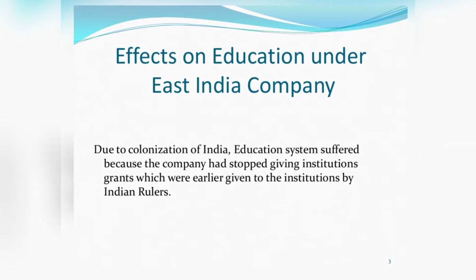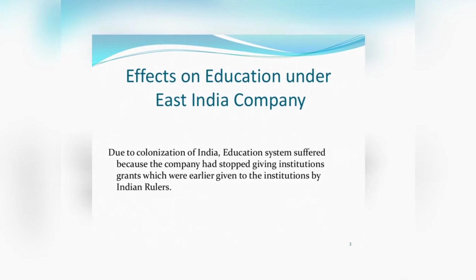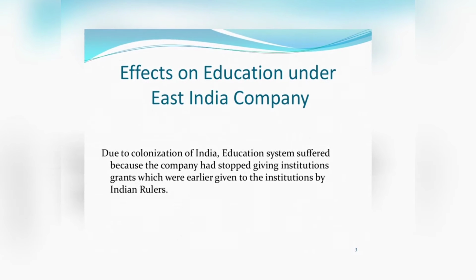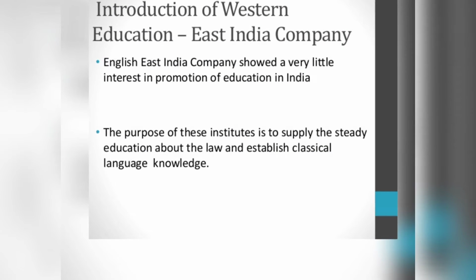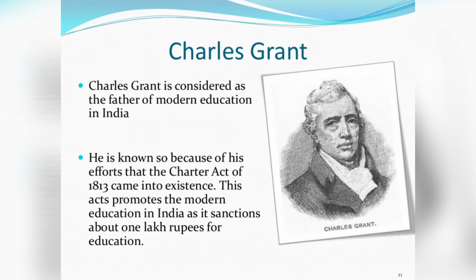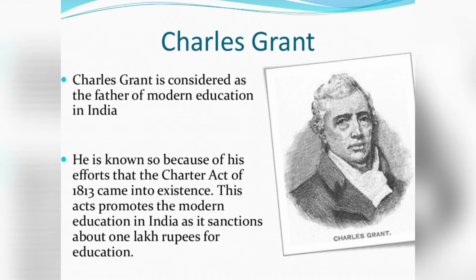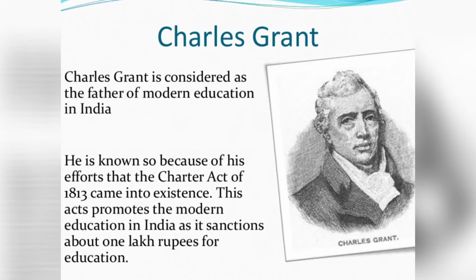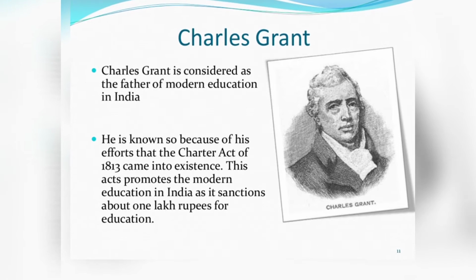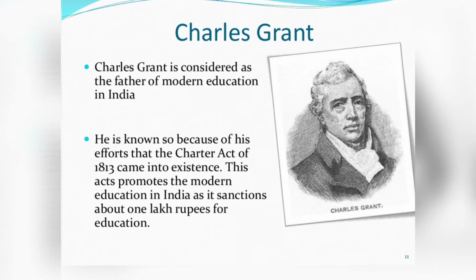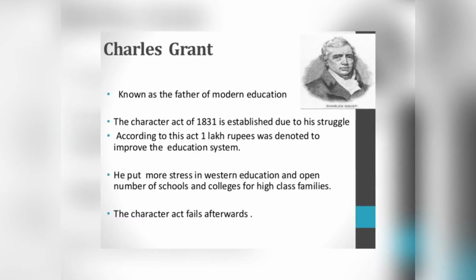Now, if you remember, the East India Company came to India in order to start their trade. When the East India Company came into India, they decided to lay down the first blueprint of English education in India. So it was in 1792 when the director of the East India Company, Charles Grant, laid down the first blueprint on English education. Now, what was the intention of Charles Grant in introducing English education in Indian society? He wanted to change Indian society morally, socially, and mentally.